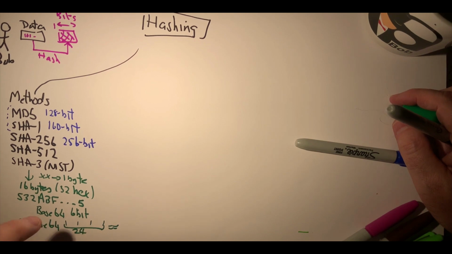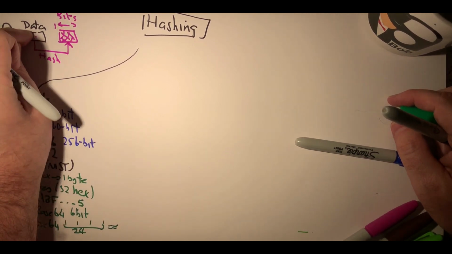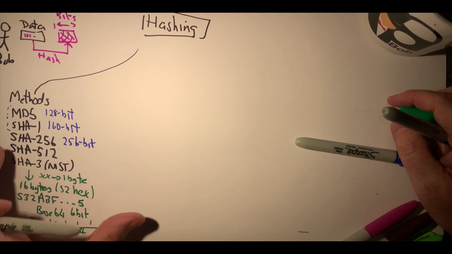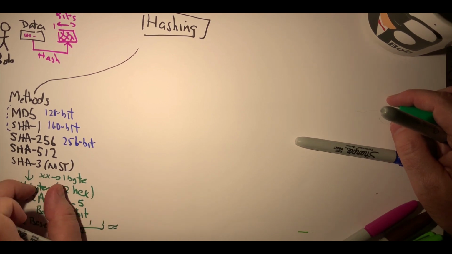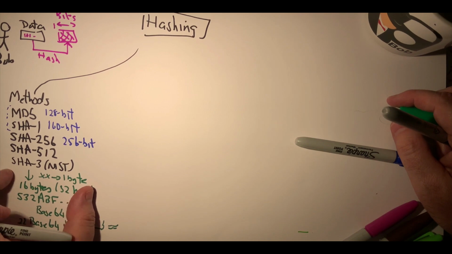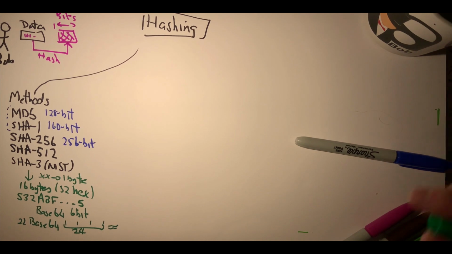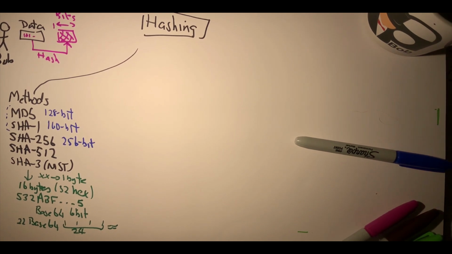So we get 32 hex characters, or 24 base 64 characters, as our hash signature for an MD5. 1 bit of data will change the whole signature. In a good hashing method, we change 1 bit and it will change all of the output bits and ripple them, and there is an equal chance of each of the bits changing.